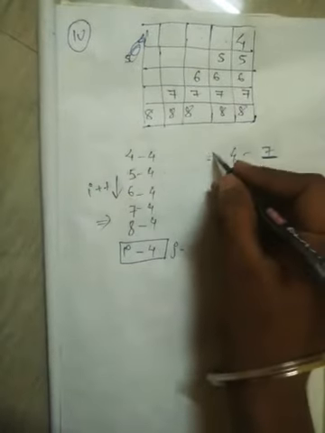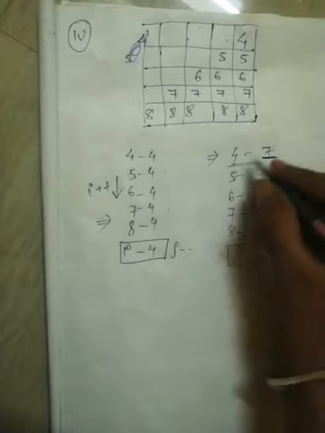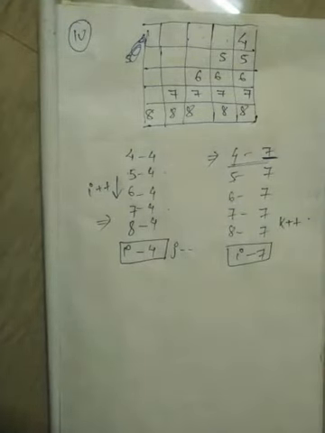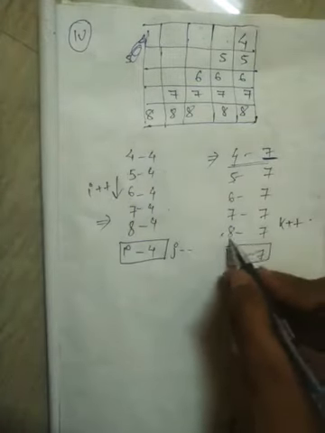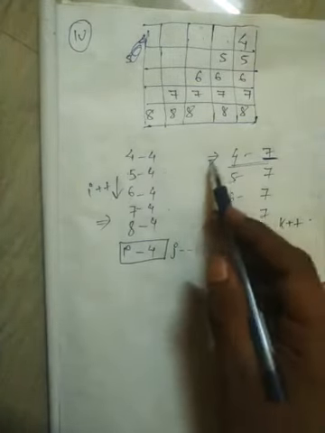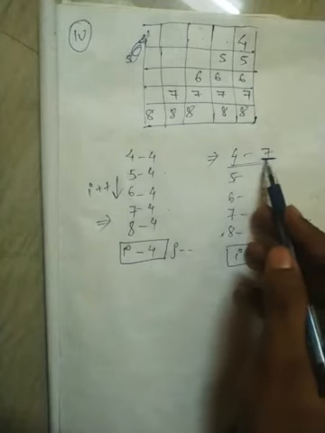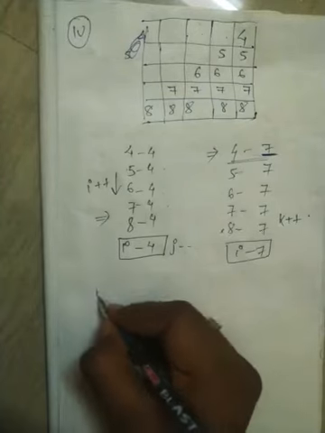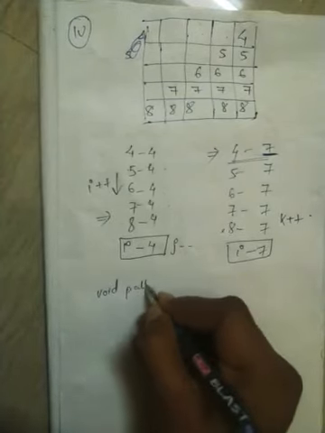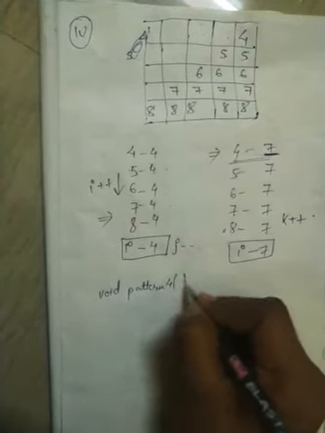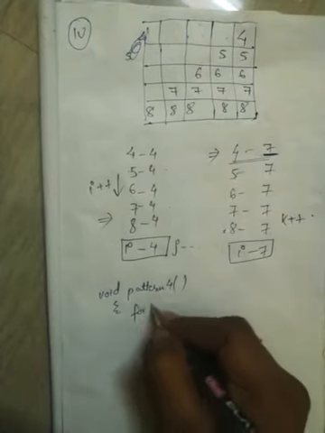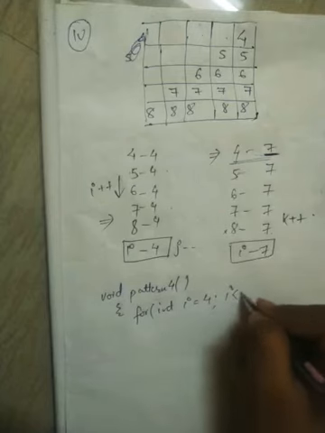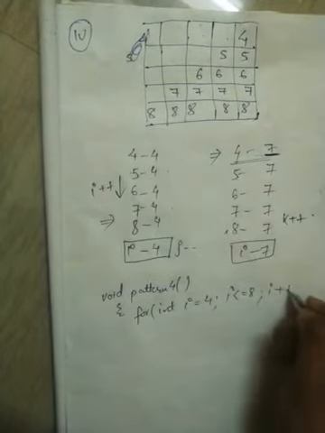Now I put the value in this first place. So 4 to 7, what I have to do? I have to do plus plus. So it will be K plus plus. Okay. Don't get confused seeing this one, 8 to 7 to do minus. So we will not be doing that. We will be looking to the place where I put the first value. Okay. So make the for. Now you can make it. What is the for loop? Void pattern 4. Now for int I equals to 4, I less than equals to 8, I plus plus.